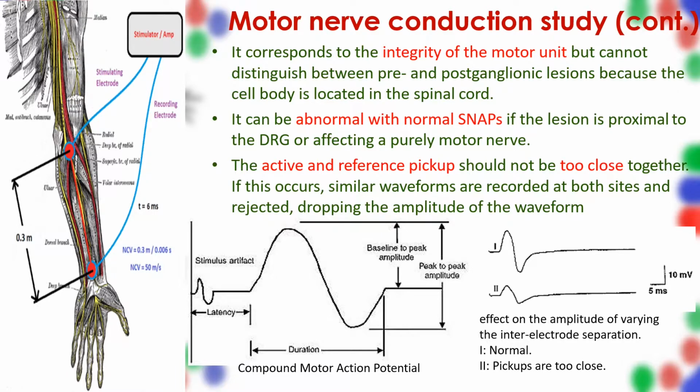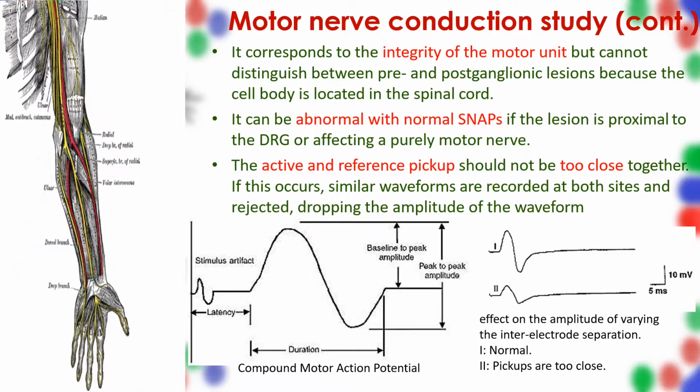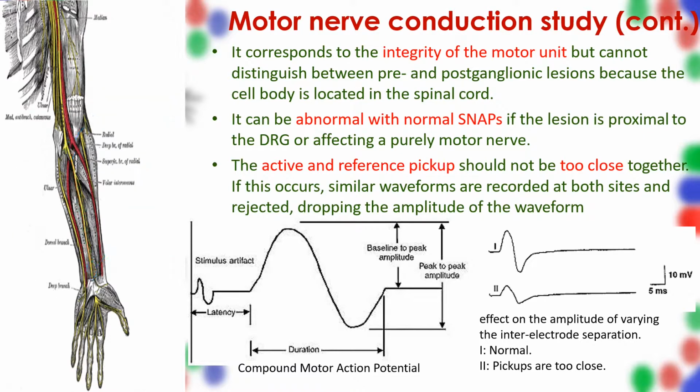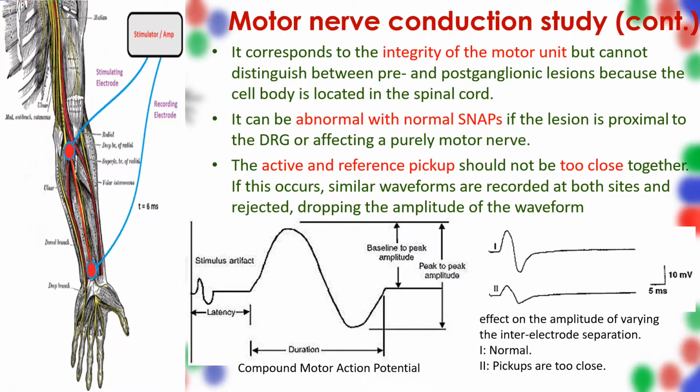Another thing you need to keep in mind is that the active, that is the black electrode, and the reference, that is the red electrode, should not be kept too close to each other. If they are too close to each other, then it will nullify the waveforms and the waveform amplitude will be smaller. In this one, the first one is a normal one because the reference and active electrodes are far apart, but if they are too close, then this kind of waveform is formed. A very small amplitude waveform will be formed, and you might confuse that it is because of nerve damage. It is not because of nerve damage, but here the active and reference electrodes are very close to each other. That is why this small waveform is formed. Otherwise, when they are at a sufficient distance, this normal waveform is formed. So this thing you need to keep in mind while conducting the nerve conduction velocity study.